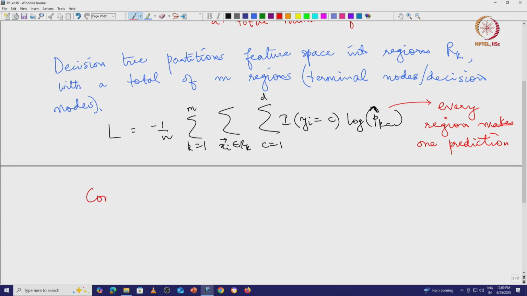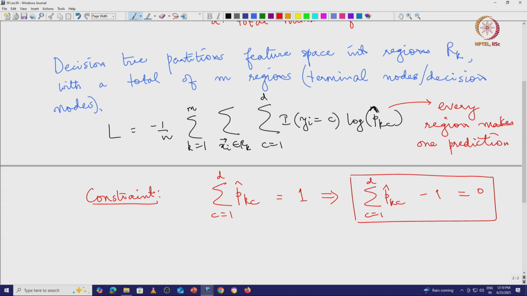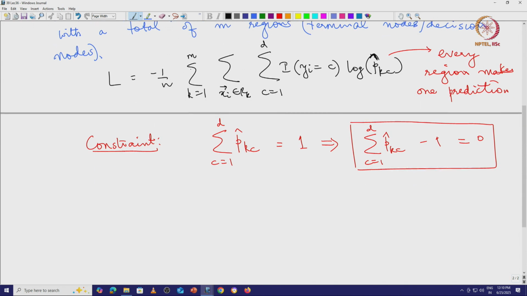The other thing is also something I had mentioned last time, that there is a constraint that the probabilities have to satisfy, that is, if you sum over all the classes of the probabilities p hat k c, these should obviously sum to 1, and this constraint can be written as summation c going from 1 to D of p hat k c minus 1 equals 0. So this is the constraint that has to be satisfied, and whenever you have to solve a constrained optimization problem, the method of Lagrange multipliers is very useful. So that is what we will do here. We will use the method of Lagrange multipliers